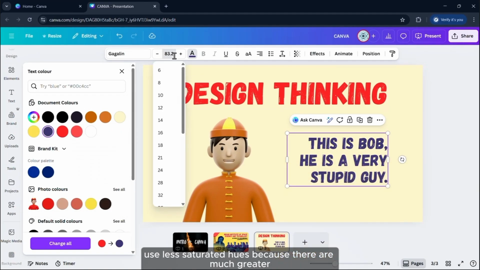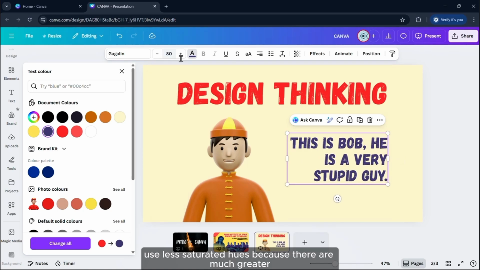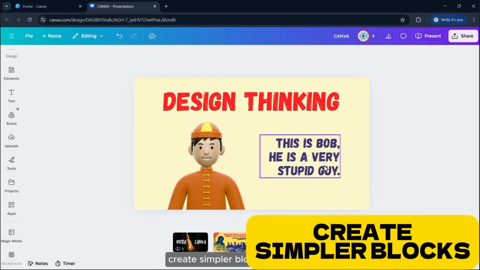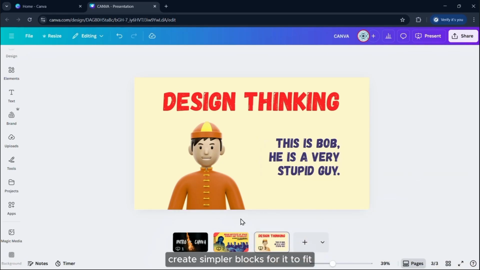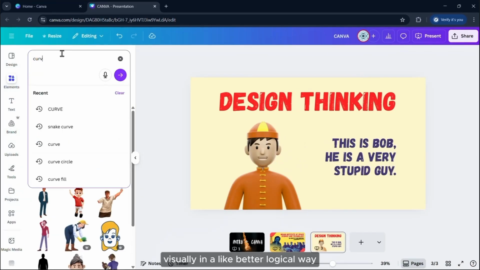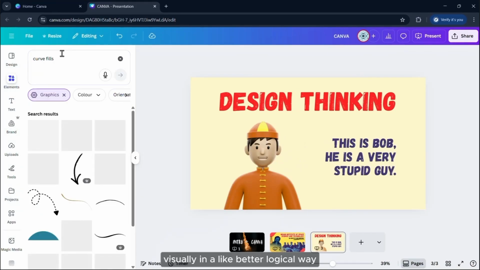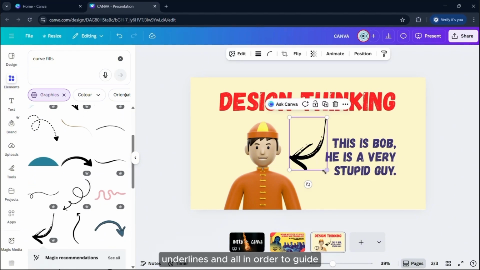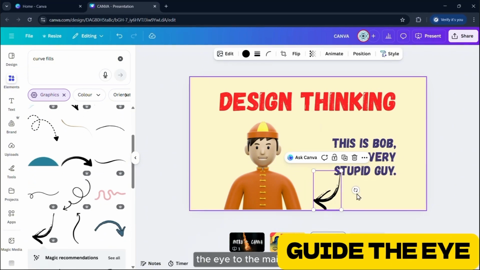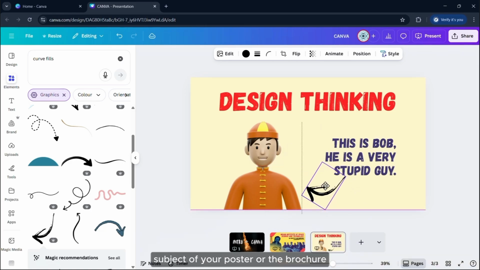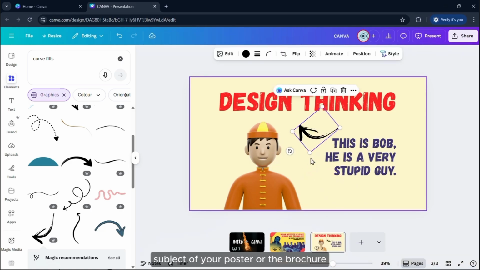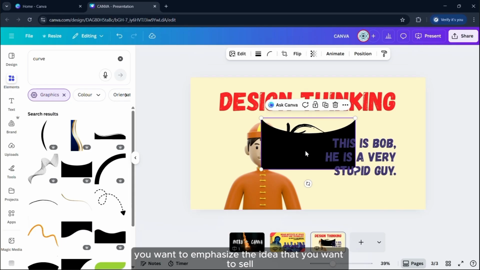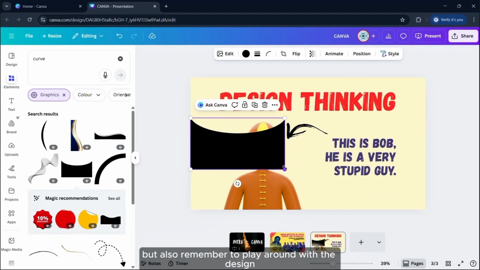Use less saturated hues because there is a much greater variety of them available and they are easier on the eyes. Create simpler blocks for it to fit visually in a better logical way. Use arrows and underlines and all in order to guide the eye to the main subject of your poster or the brochure. You want to emphasize the idea that you want to sell, but also remember to play around with